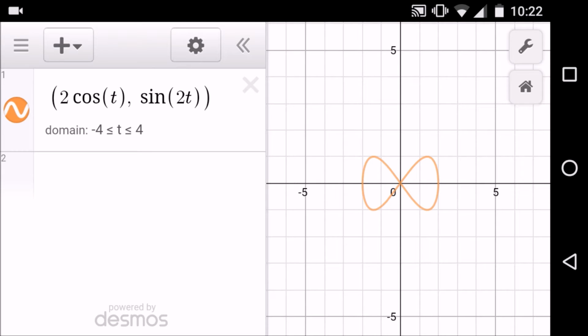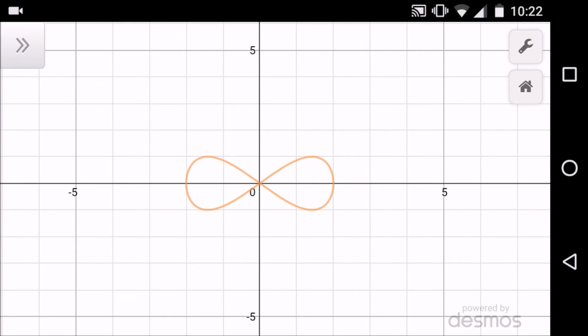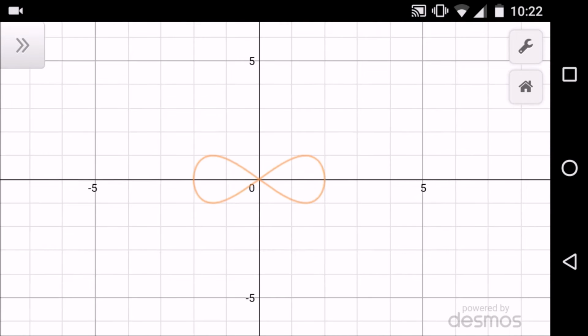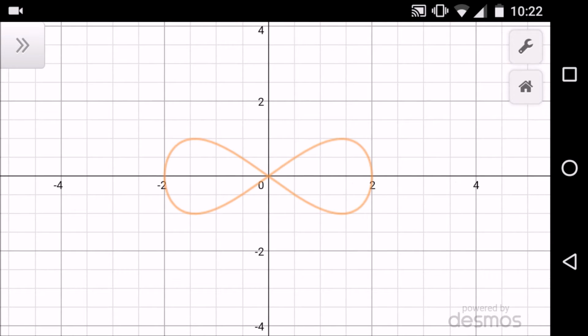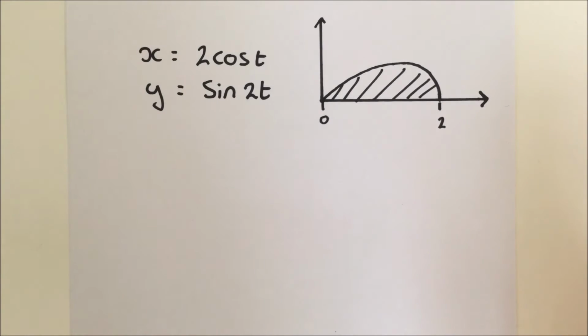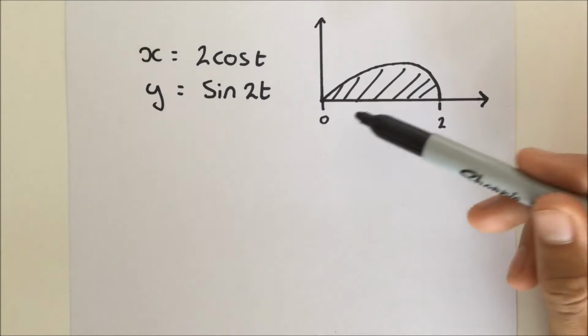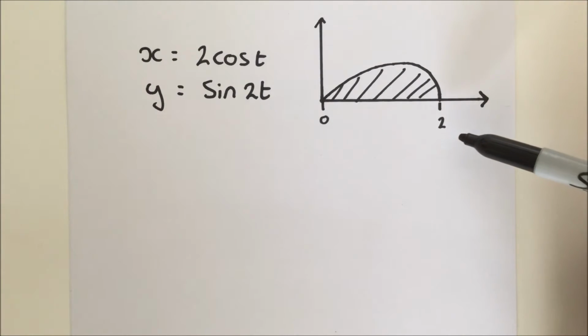And we can write the equation in terms of coordinates. As you can see, it looks like a bow tie when plotted. What we need to do is find the area above the x-axis under the curve between x equals 0 and x equals 2. So the area bounded between x equals 0 and x equals 2 is what we want